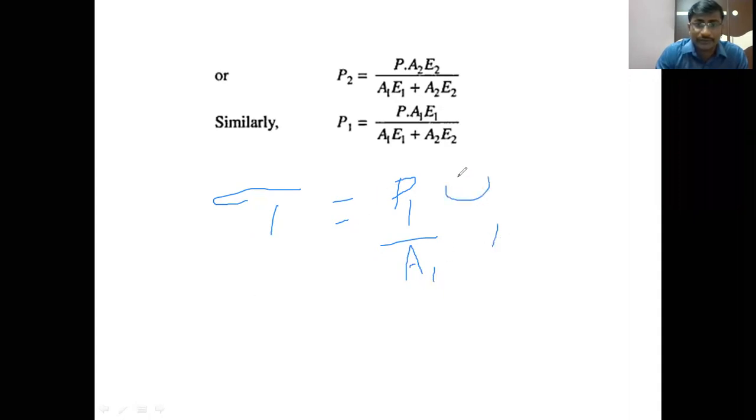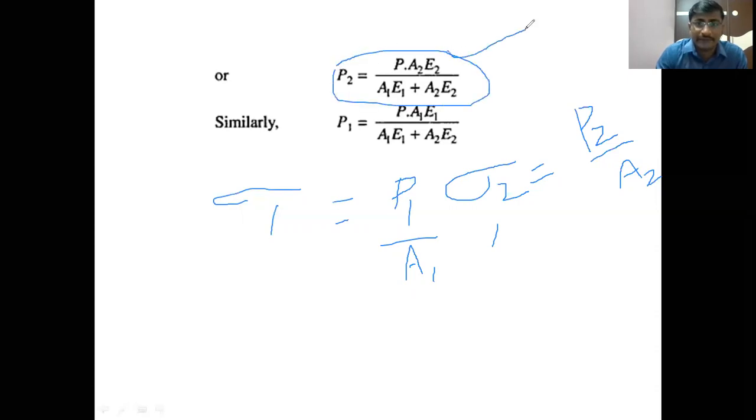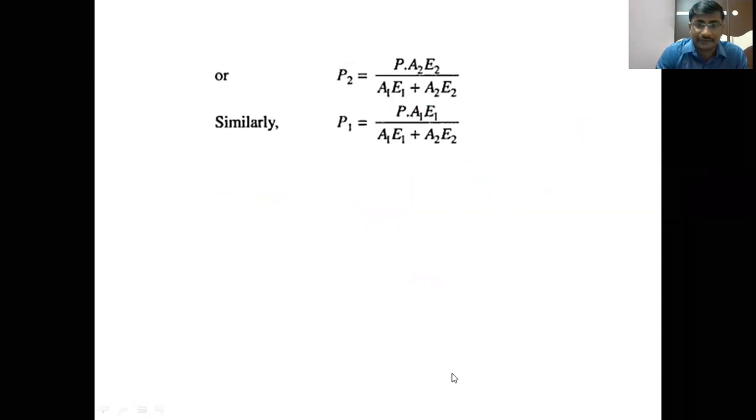Similarly, sigma 2 is also there, the stress in the second material. Stress induced in the second material is equal to the load shared by the second material P2 by the cross-sectional area of the second material A2. So P2 by A2, P2 is here, the equation is there. From this equation, we can find the P2 value, the load shared by the second material, divided by the cross-sectional area of the second material. Then we can get the stress in the second material. Like this, we can find the stress in each material. Clear, students?